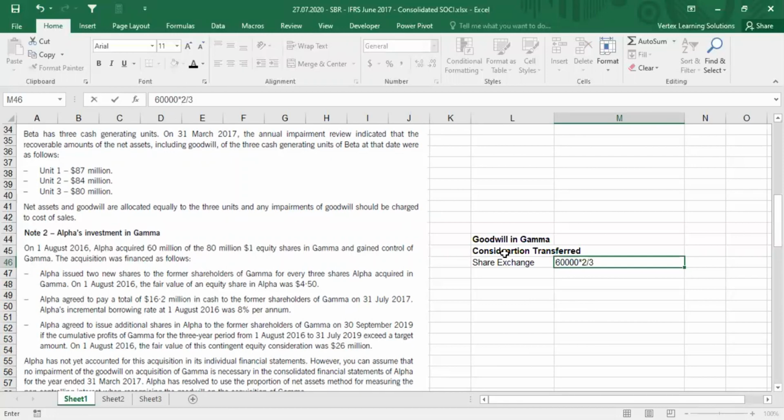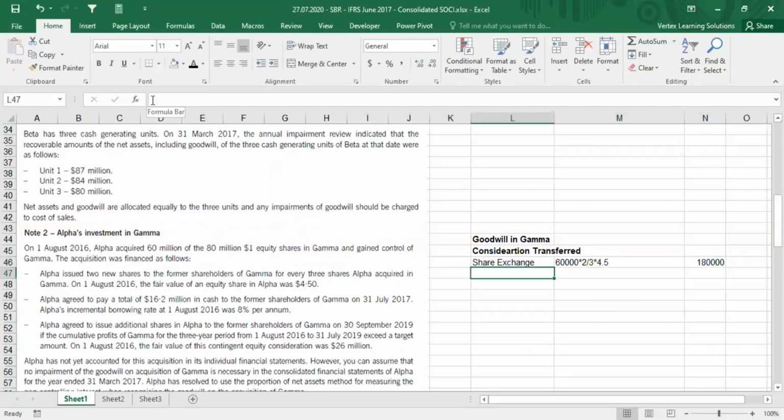Multiplied by 2 divided by 3. And then the share price in parent company, in Alpha company, is 4.5. So this is 180,000. Second thing, Alpha agreed to pay a total of 16.2 million in cash to the former